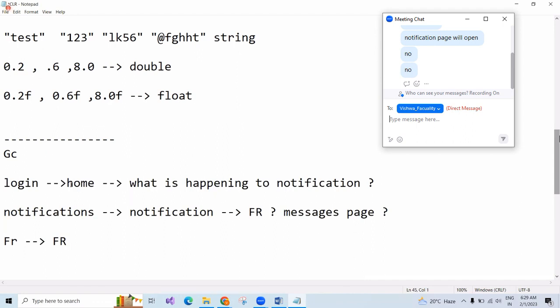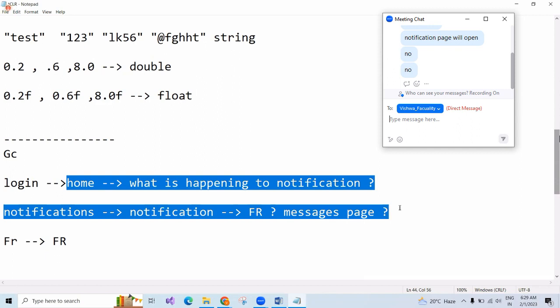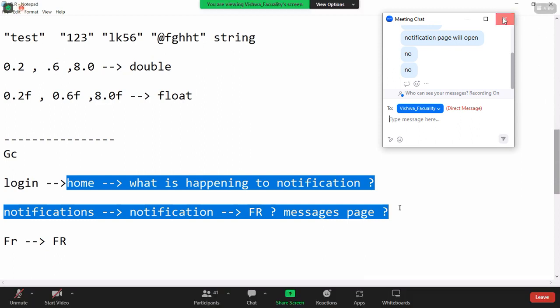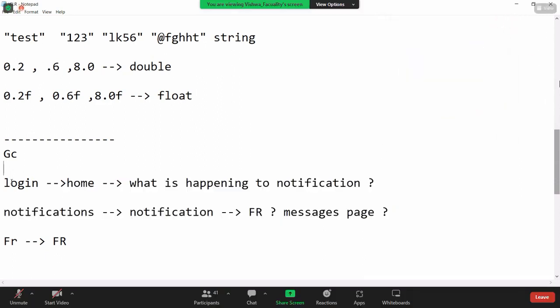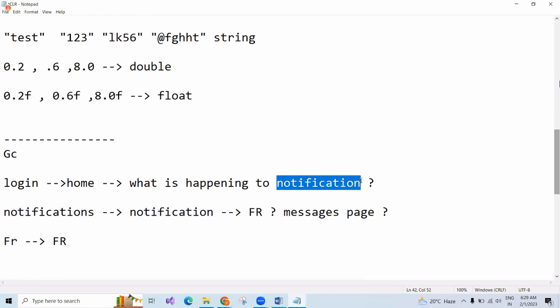So when you are not using them, why should we allocate memory for that? See, when you are clicking on login, only home is coming. Do we need to allocate memory for notifications here? Do we need memory actually?